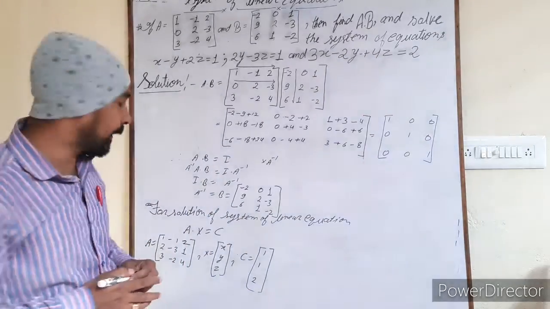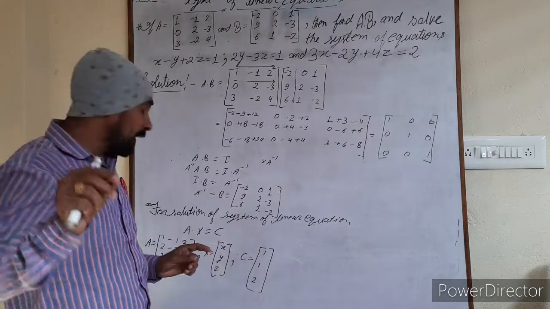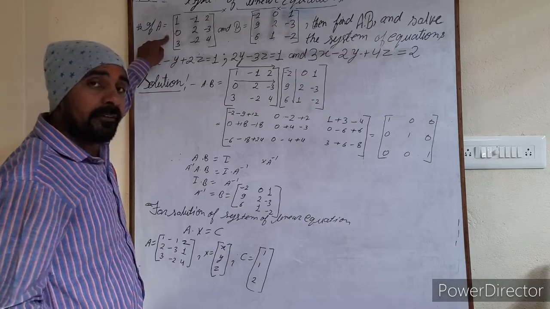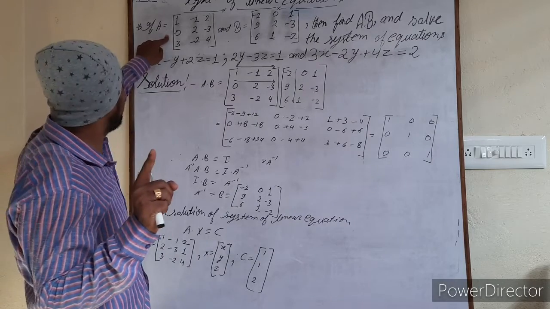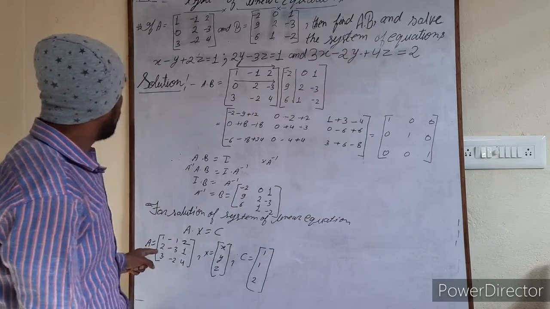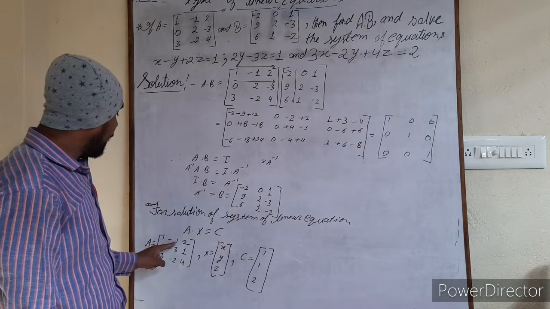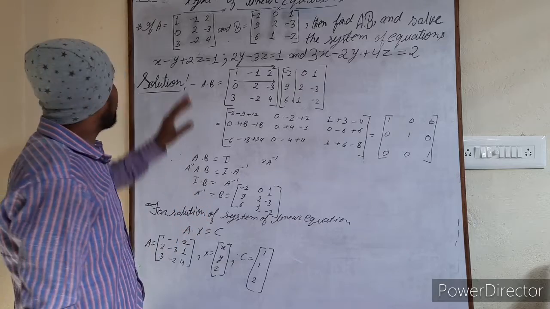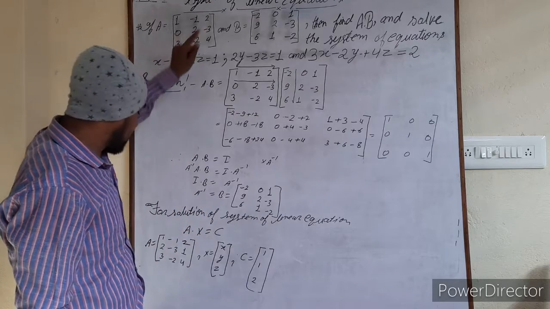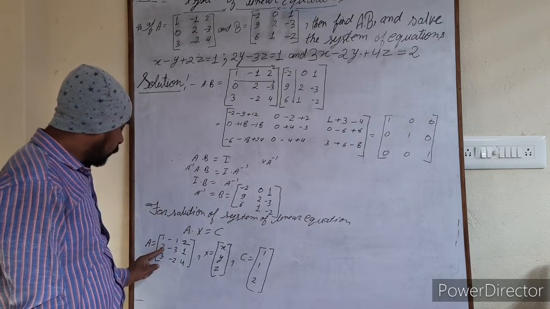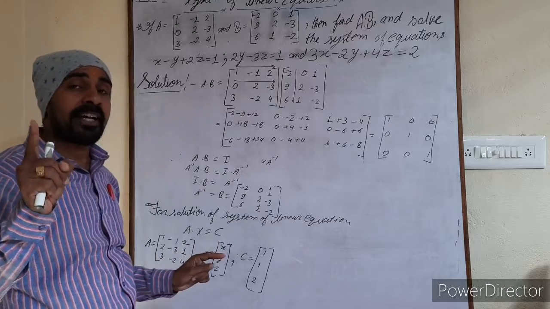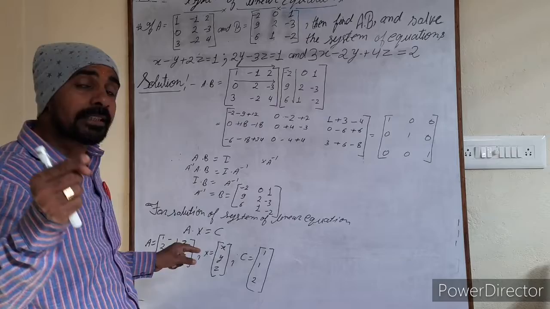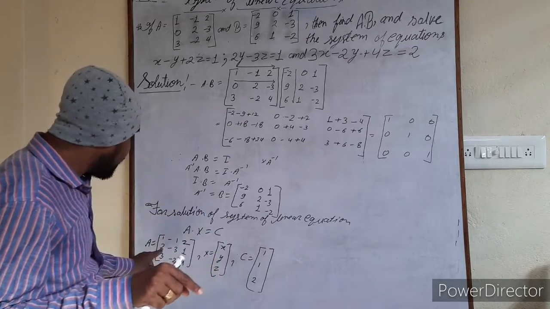Now you have to see one thing, that whatever A was here, that has been written here. If it is not, it means somewhere there is a mistake, as I am observing here that 1 minus 1 2, this is correct. But after that here is 0 2 minus 3, and here is 2 minus 3 1. It means definitely we had made a mistake somewhere. So we have to observe that mistake. So let's see the solution equation.